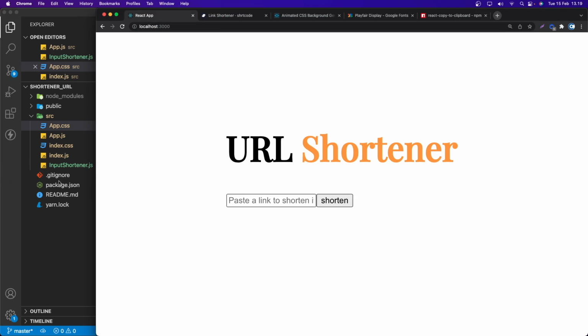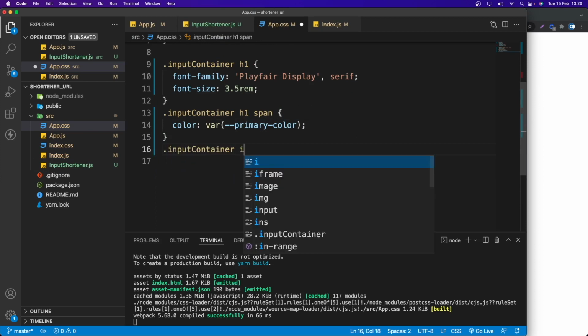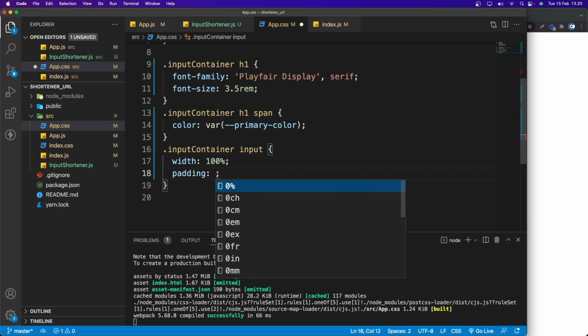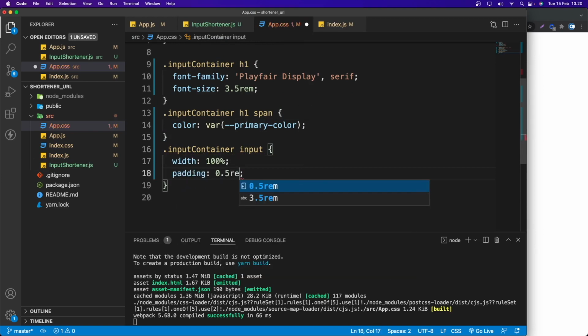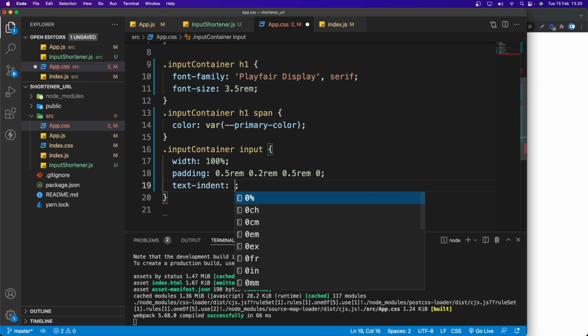Nice. So next, let's style this input field. Let's grab the input-container input, and in here I'm going to set the width to 100%, padding top to 0.5 rem, right 0.2 rem, bottom 0.5 rem, and left 0. So I want to add the text indent to 1 rem.